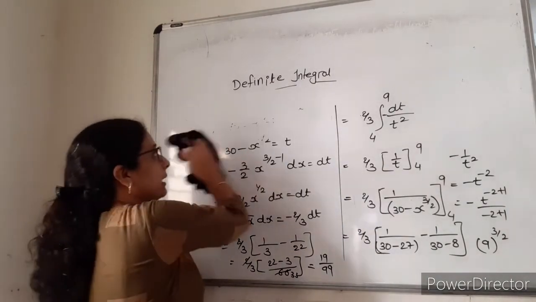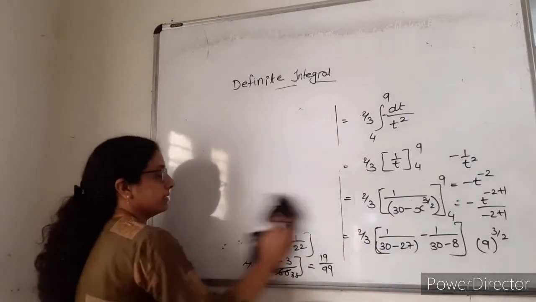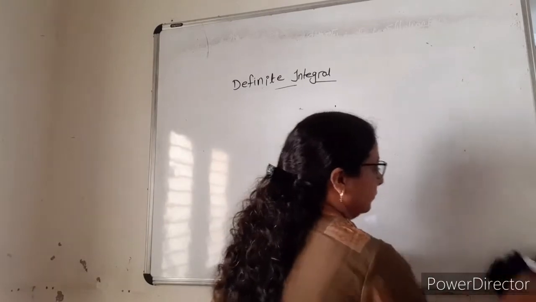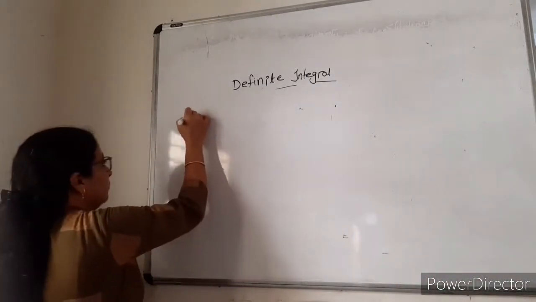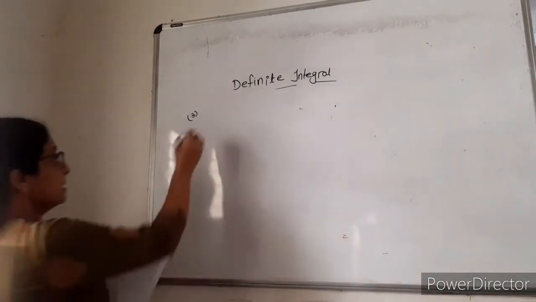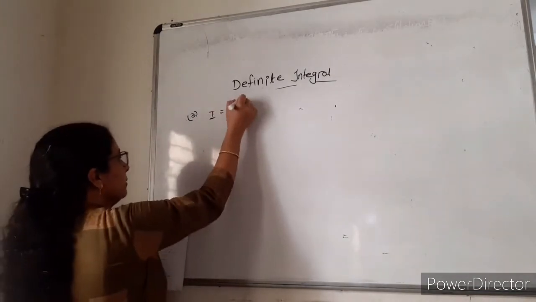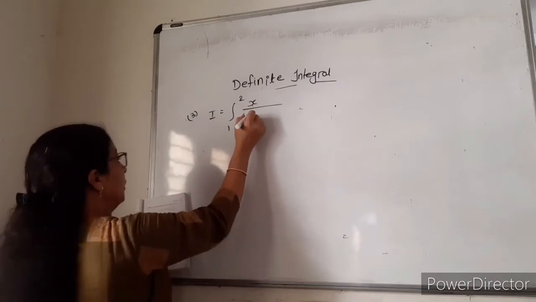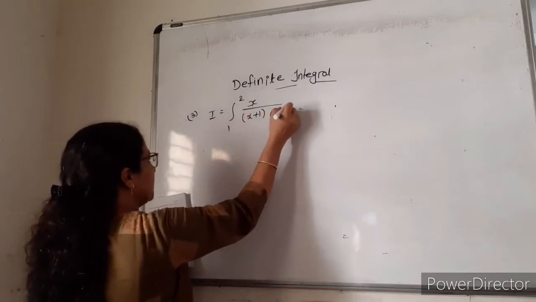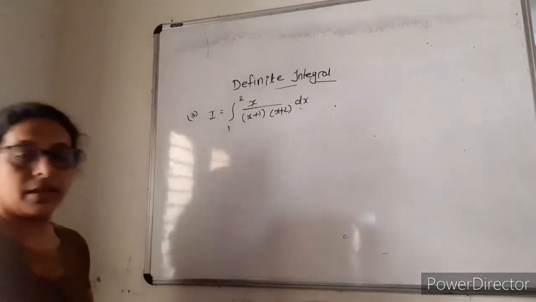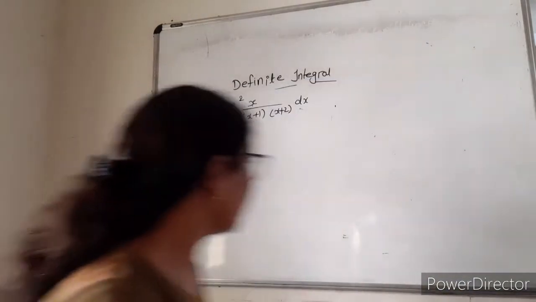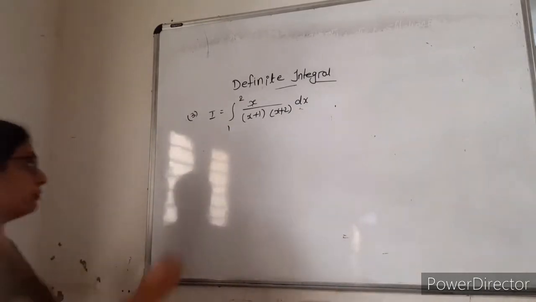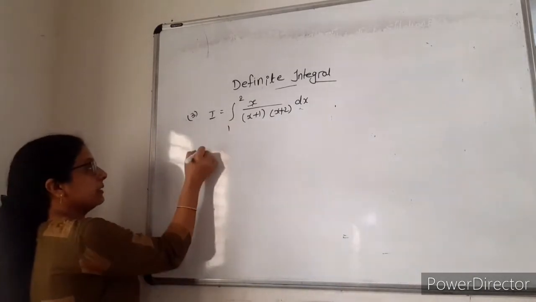Now we'll go ahead with example 3. That is, the next example, the third one. That is integration 1 to 2, x upon x plus 1, x plus 2 dx. Okay. Now we know how to find this integration, right? So how to find it is, first we will take this x